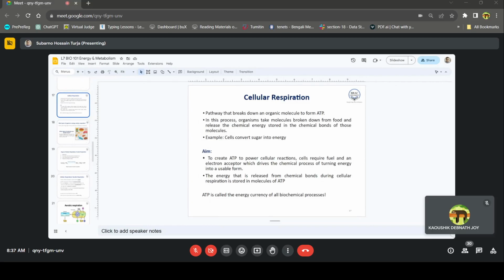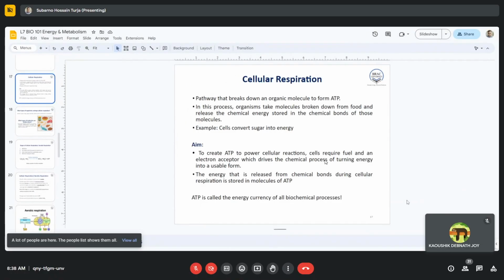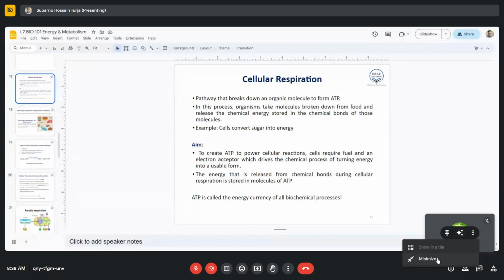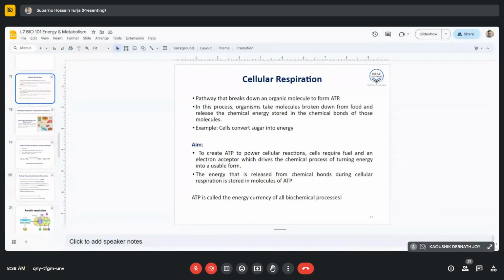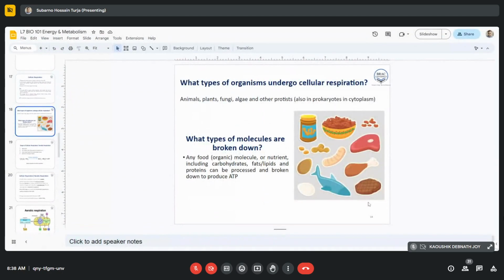that may need energy. One of those energy requiring portions is the active transporters within the cell membrane that we learned, which need to work against the concentration gradient in order to move things across the cell membrane. And again, like I said, which type of molecules are broken down? All food molecules, which can include stuff like carbohydrates, lipids, and proteins, they can be broken down, processed to make